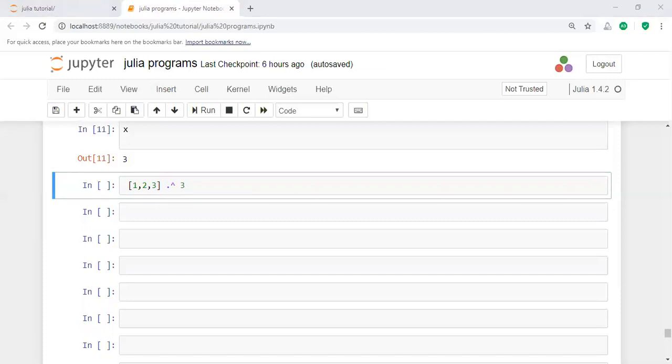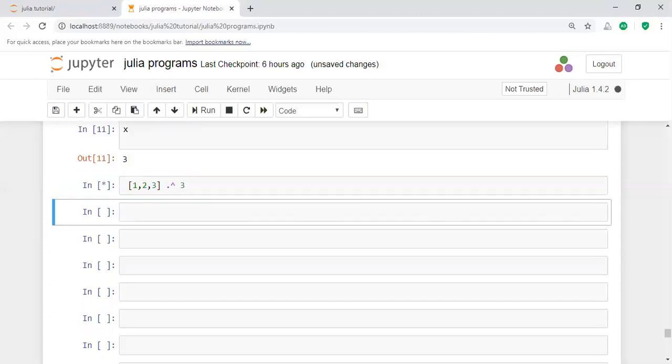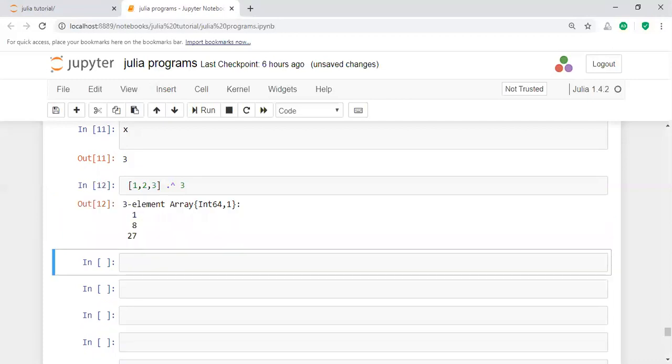Every dot operation is automatically defined to perform on the element information. What is the result? The result is 1 cube, 2 cube and 3 cube.